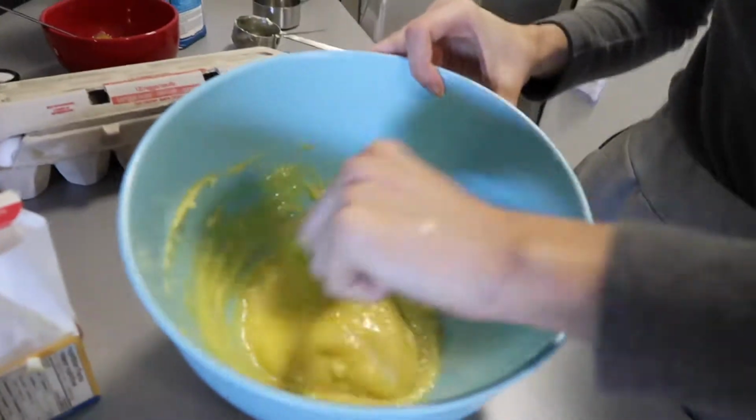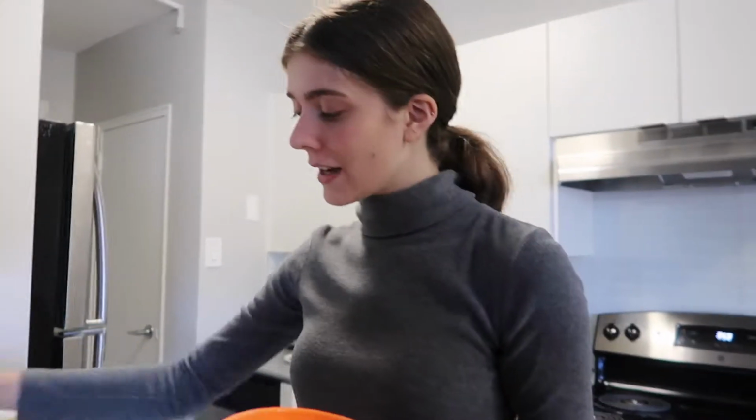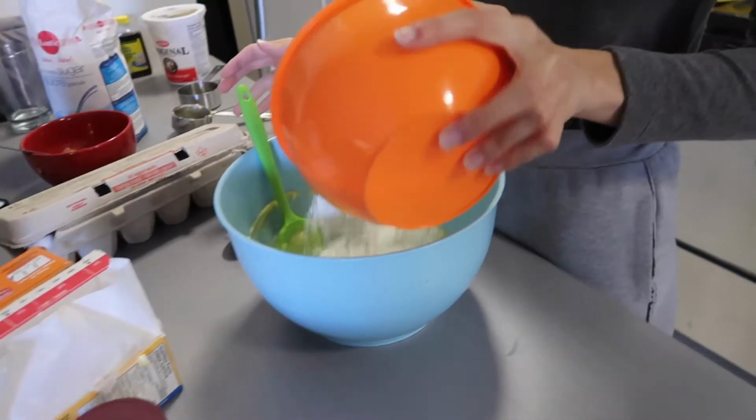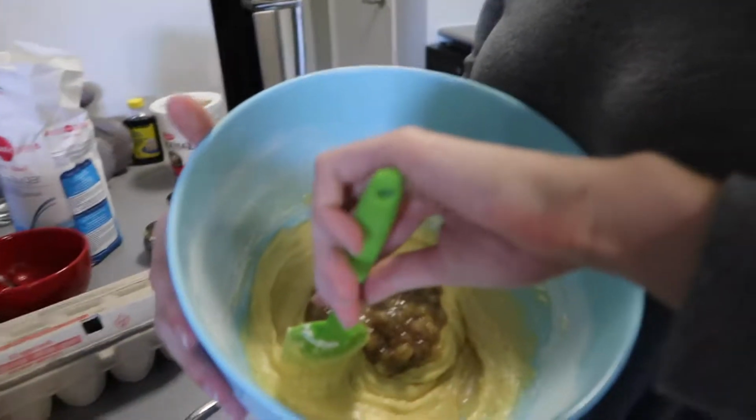So I'm gonna add the milk. But imagine I actually just put this in a frying pan. I'm gonna add half the flour mixture now and half the banana mixture, and then I'm gonna add the other half of the flour mixture and then the other half of the banana mixture. Mix that until it's...